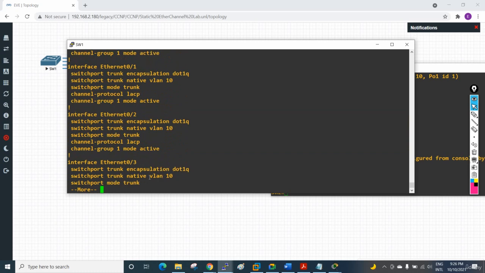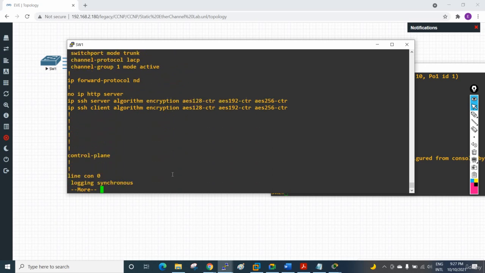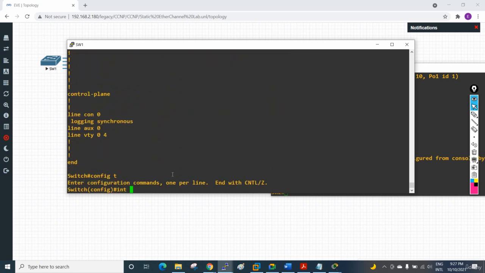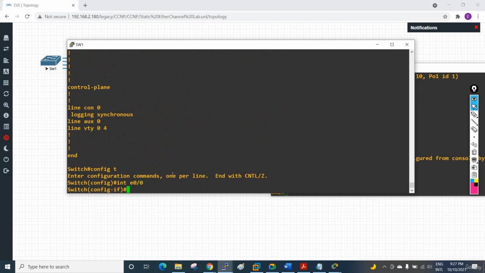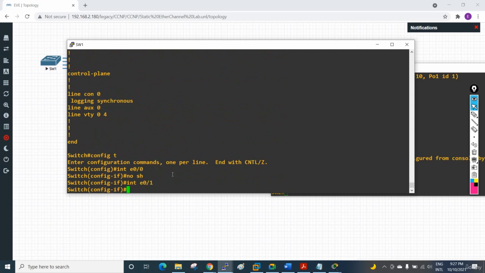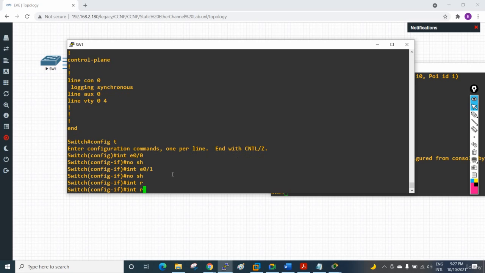But here maybe we have some issue with EVE-NG. If we restart the switch, it will work. But let's see, nothing is missing here, right? All are having the same configuration. So this should work. What else can I do? I can go to interface E0/0 and write no shut. Sometimes we get this interface as shut. Interface E0/1 no shut. Or let me write range,